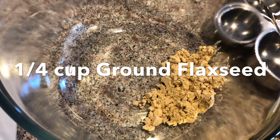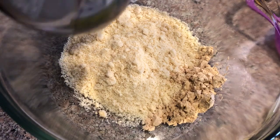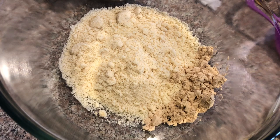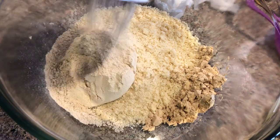Today I'm preparing some keto cornbread. So let's get started. I have a half a cup of flaxseed, 1 cup of almond flour, 1 cup of oat fiber,